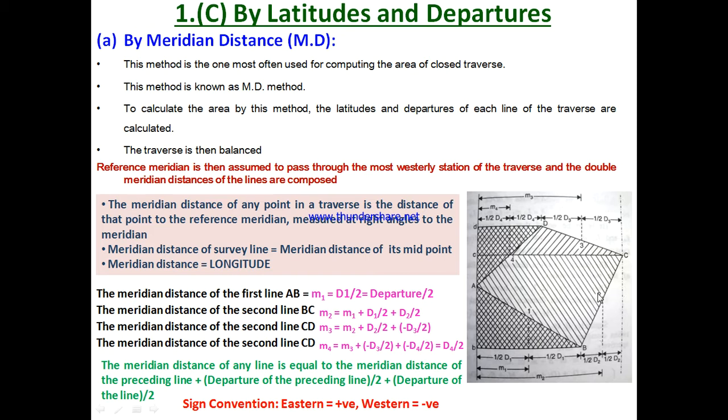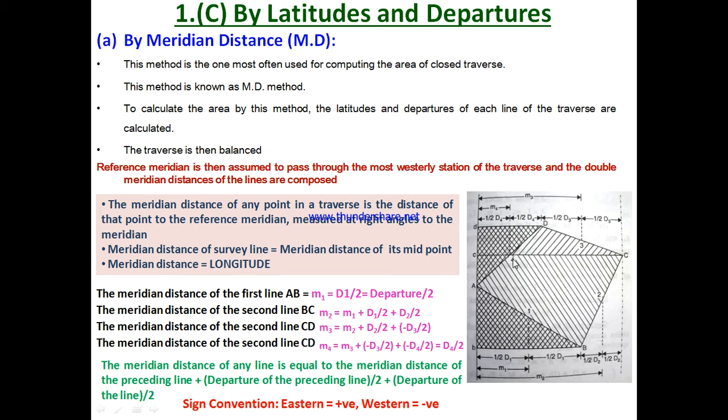Now this value of m2 means we have covered this traverse line and up to here, this distance. So this is already covered and is known as m2. So m2 plus half d2, this distance. Now again this is the half of d3 distance, departure 3. We need to calculate this particular value and it will be equal to d3 by 2 with the sign negative. Why negative? Because now we are moving in the west direction. So here you can see that m3 will be equal to m2 plus d2 by 2 minus d3 by 2.